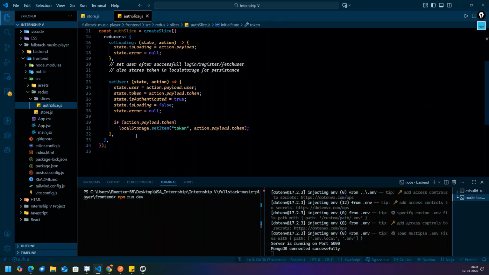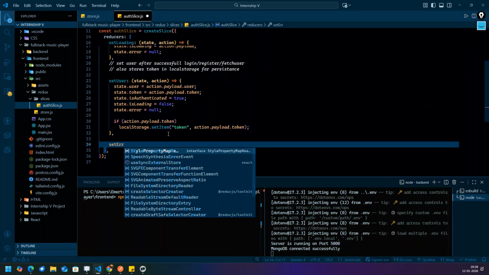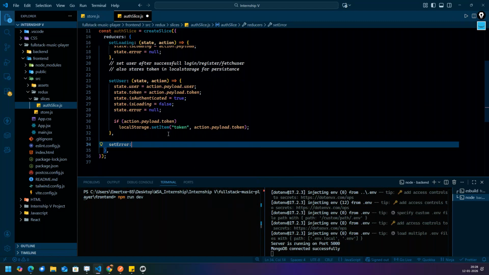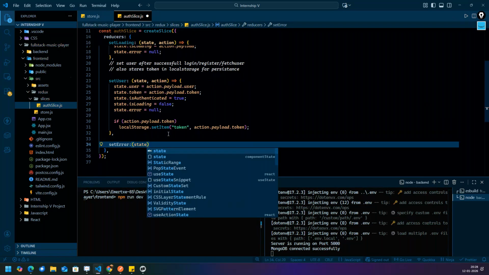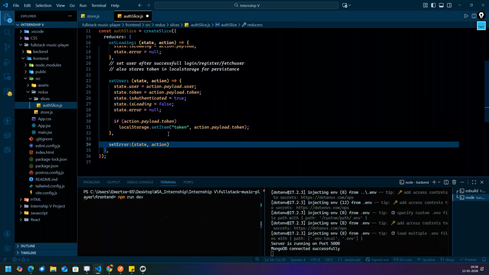Okay, fine. Next thing, only you tell. If I write setError, now in what conditions should the setError work? On what conditions should setError be called, guys? Tell me.